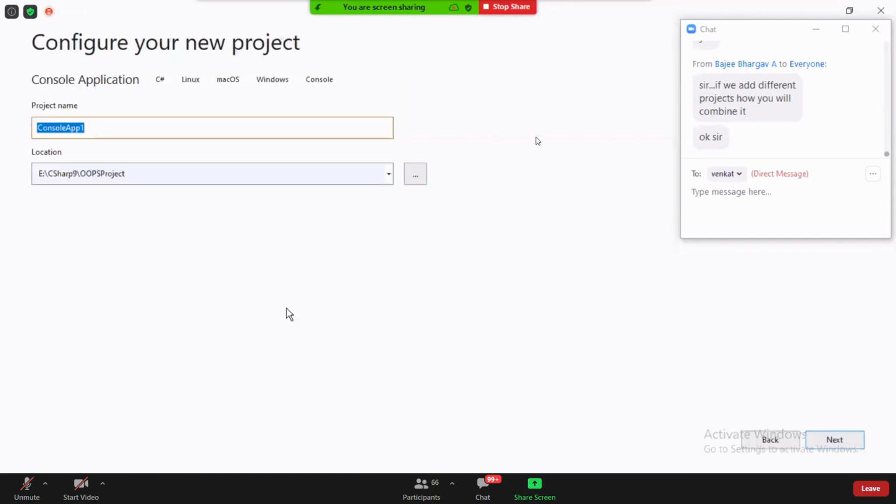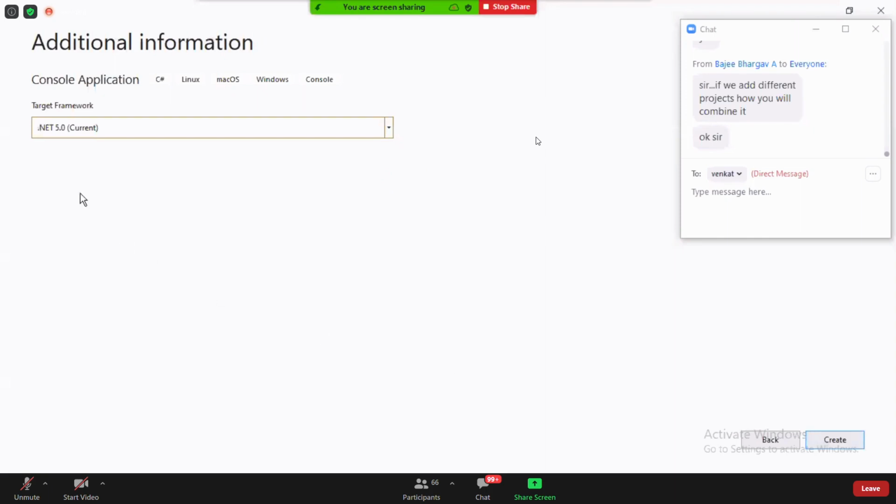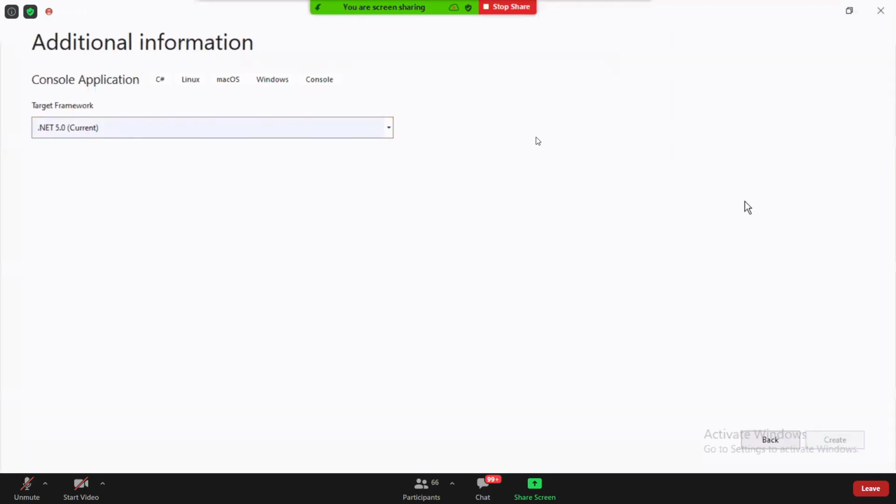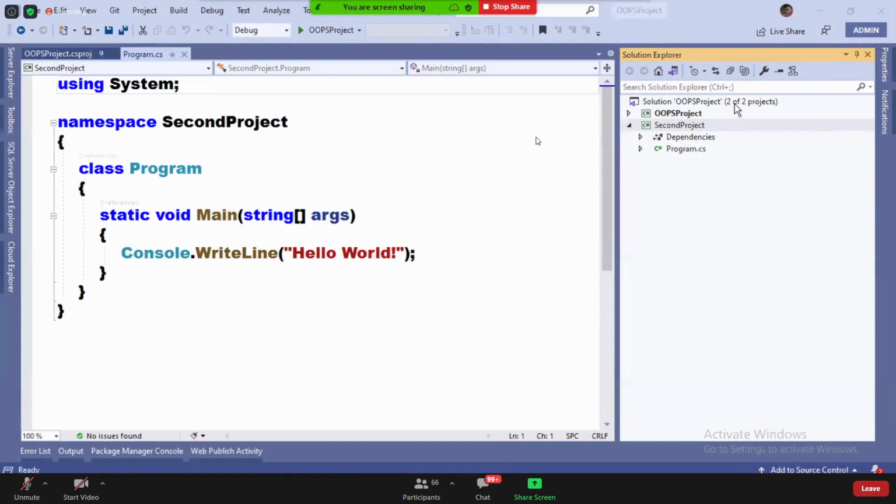Next. Give a name to your project. I'm giving the name as second project. Click on the next button. Okay. Click on the create button. A new project is added. See now the solution has two projects.